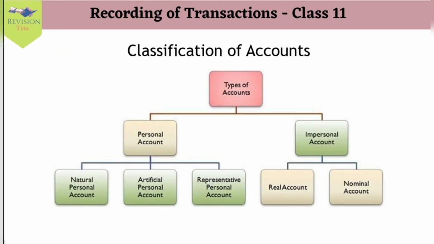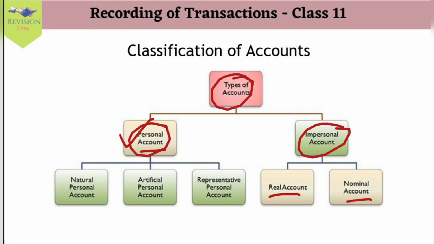Under our traditional approach of accounting, accounts are classified as personal account and impersonal account. Under impersonal account, we have real account and nominal account. So basically, it means that the traditional approach is classified into three accounts, that is personal account, real account and nominal account. Further, personal account is again classified into three accounts, that is natural personal account, artificial personal account and representative